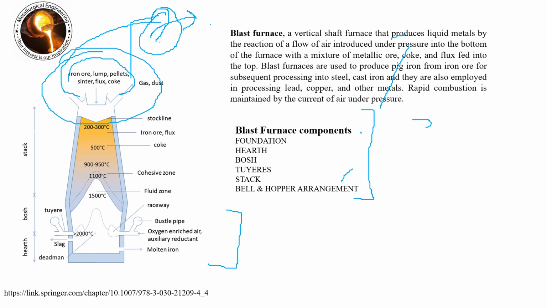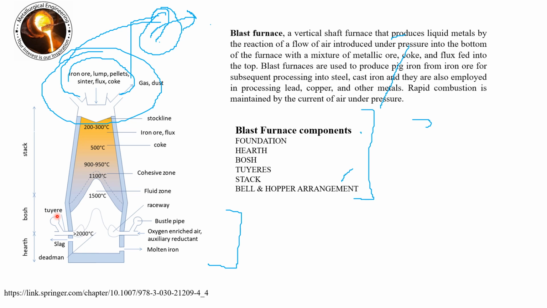It is clear now. So, this is the hearth. The tuyeres are located above the hearth, as we saw. The number of tuyeres varies with the size of the furnace. If it is a bigger or higher capacity furnace, then it can vary from 20 to 30 tuyeres. Generally, it is 10 to 20 in medium and above range blast furnaces. The tuyeres are uniformly located at the top level of the hearth, and the hot air blast is blown into the furnace through these tuyeres.